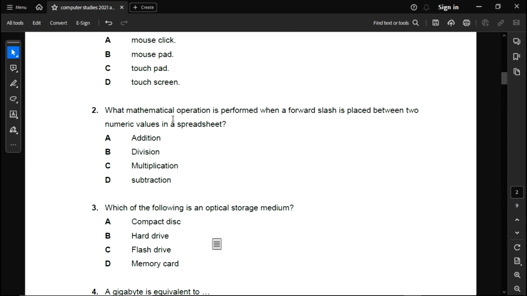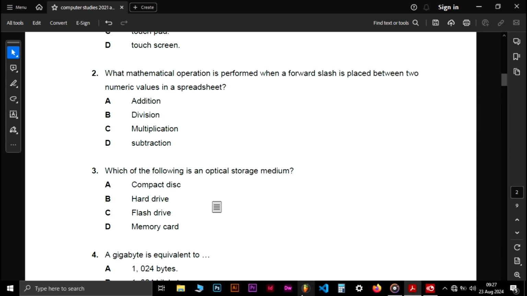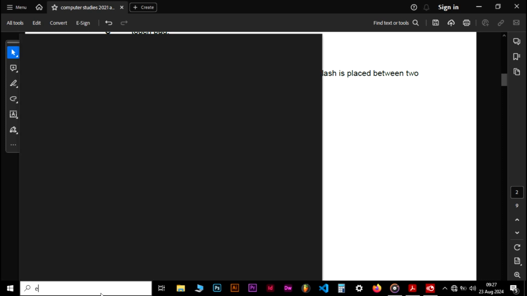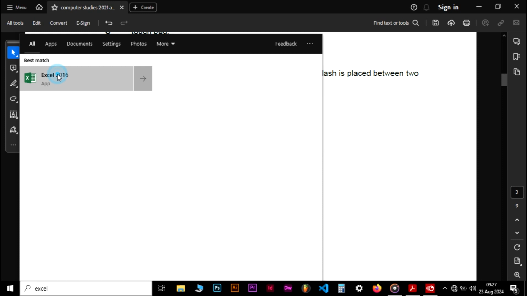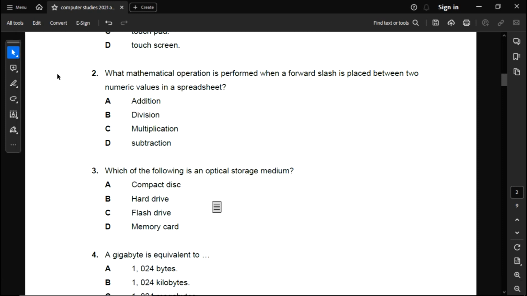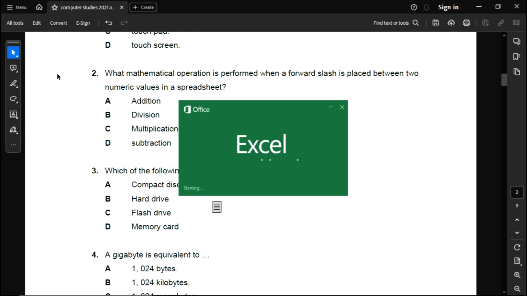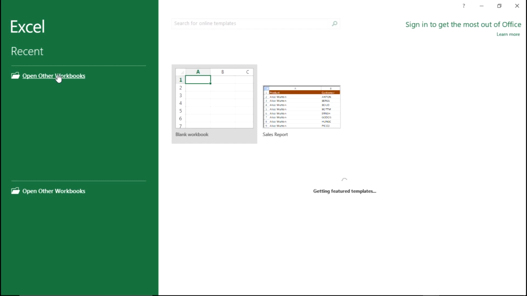Question 2. What mathematical operation is performed when a / is placed between 2 numeric values in a spreadsheet? So in a spreadsheet, the mathematical operation that is performed when we place a / between 2 numeric values is called division. Okay, let me show you in Excel real quick. Let me open Microsoft Excel by searching for it. Microsoft Excel, this is Excel 2016, and I will demonstrate to you that the / is the mathematical operation. When we place it between 2 numeric values, it gives us the quotient or the answer from a division